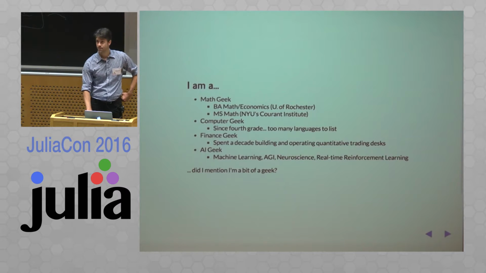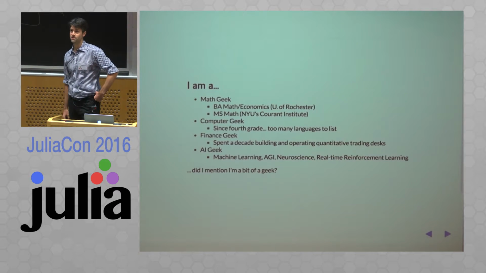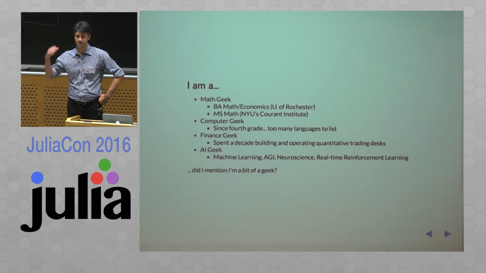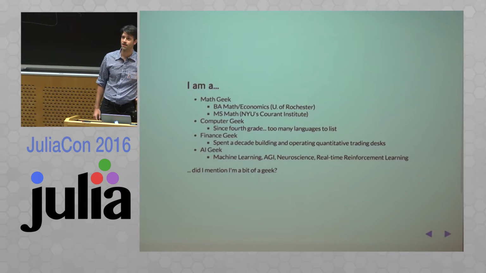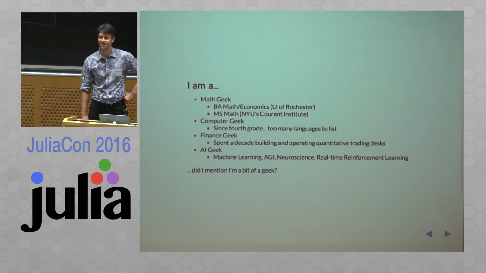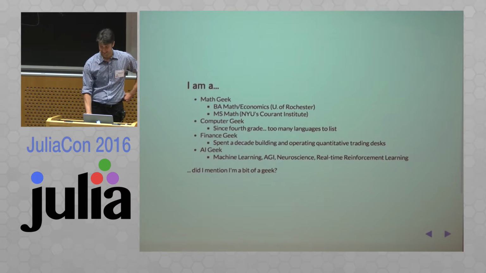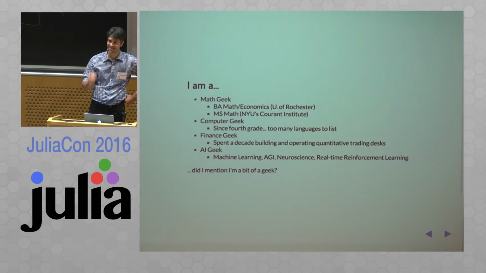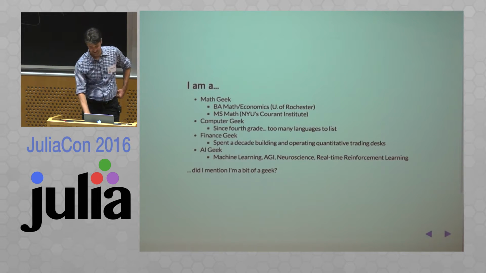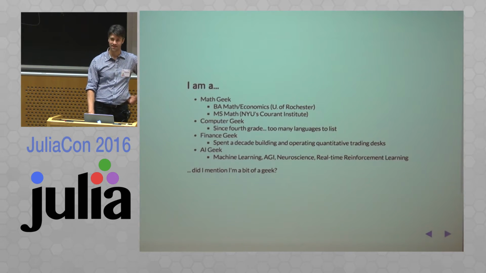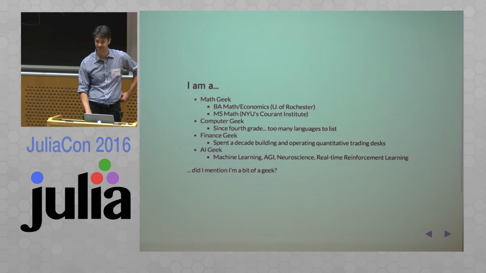What is AGI? Artificial general intelligence. It's the cooler brother of AI. Scary. Right. The more generalized version of AI. Skynet, exactly. I actually have a Skynet.jl that's a private package, but